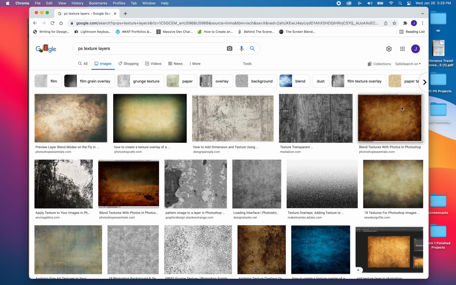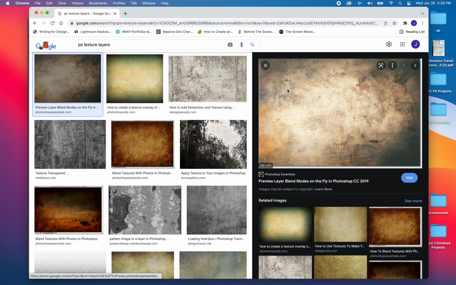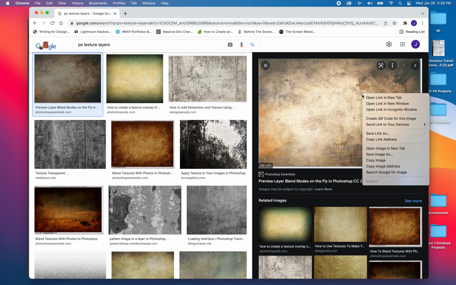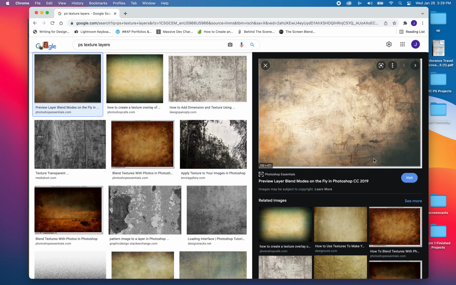Okay, things that wouldn't necessarily be a good photo all on their own. Like here's one of the ones I used, and I simply, let's see, did I right click on that? And I copied the image, and